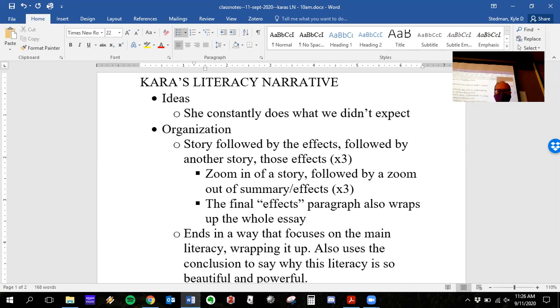I'm going into all these details to encourage you, because if Kara was like, I don't know how to write an academic introduction and conclusion for this literacy narrative. None of the ones we've read have done that. Well, how am I supposed to do it? I think this lets you off the hook. I don't think Kara's essay would be better if she started like this. Can I make it up? Like,